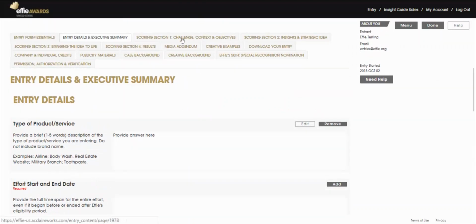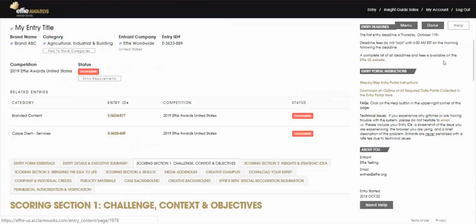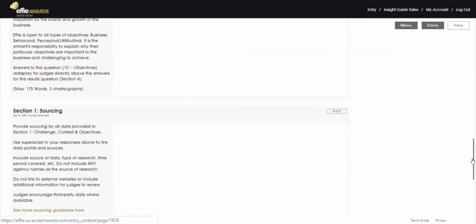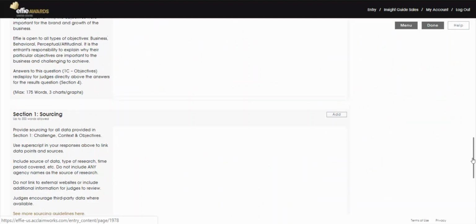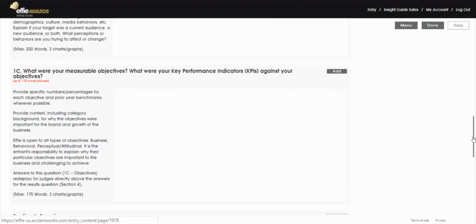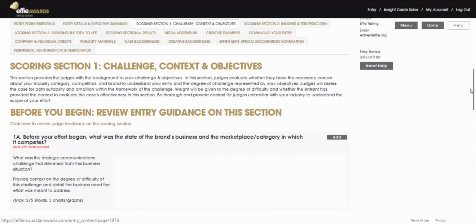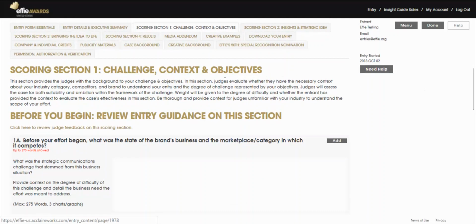As you work on the different scoring sections, you will see sourcing boxes at the bottom of the page. This is where you can indicate all sources for data points that were referenced in that section. Keep in mind that sources are required throughout the entire written entry. No agency name should be included, and it's especially important in the results section that you indicate dates covered for